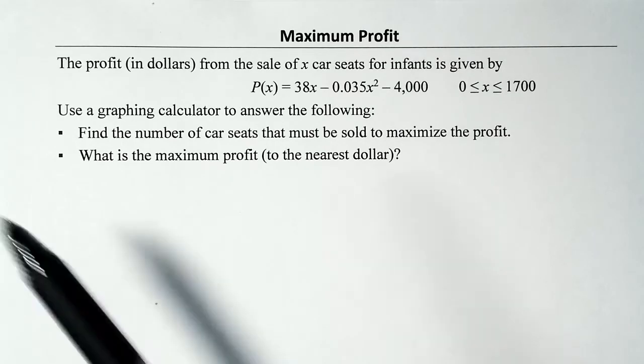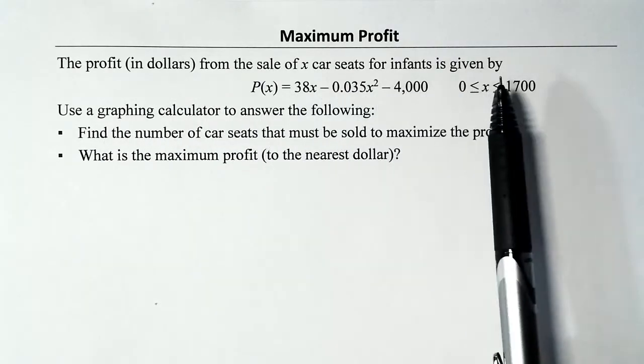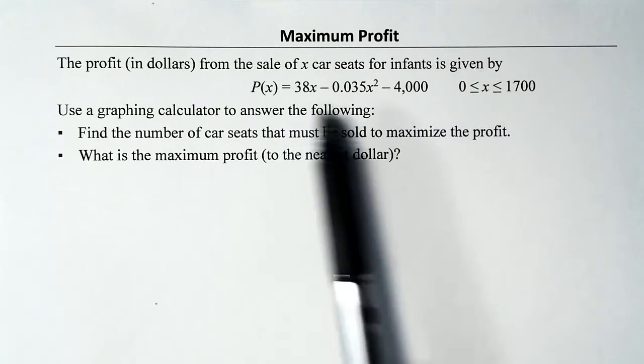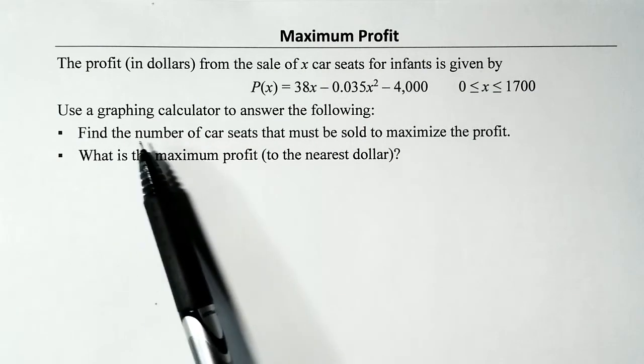The problem reads, the profit in dollars from the sale of x car seats for infants is given by P of x equals this polynomial, where this is the domain. Use a graphing calculator to